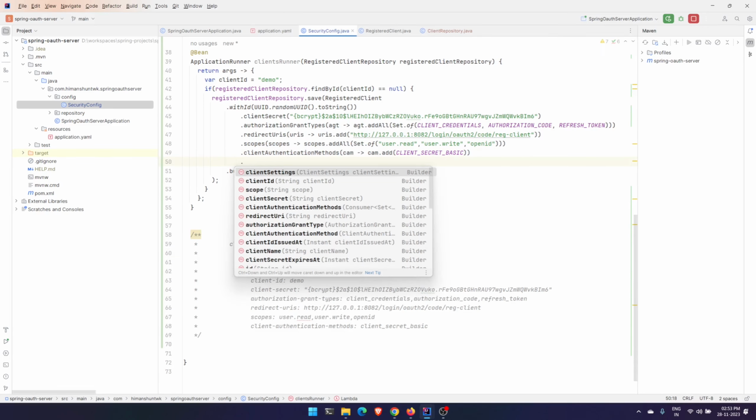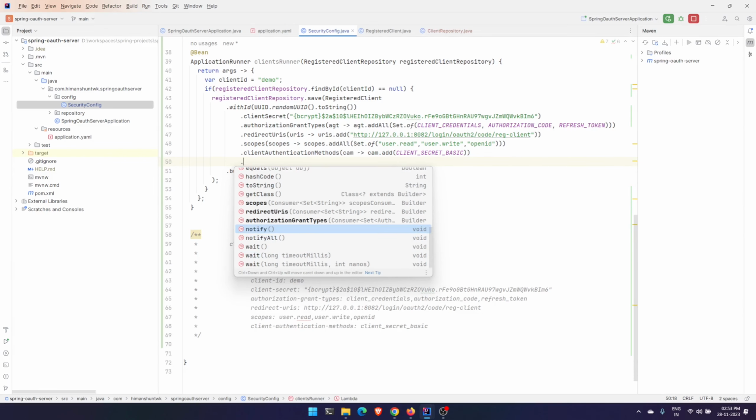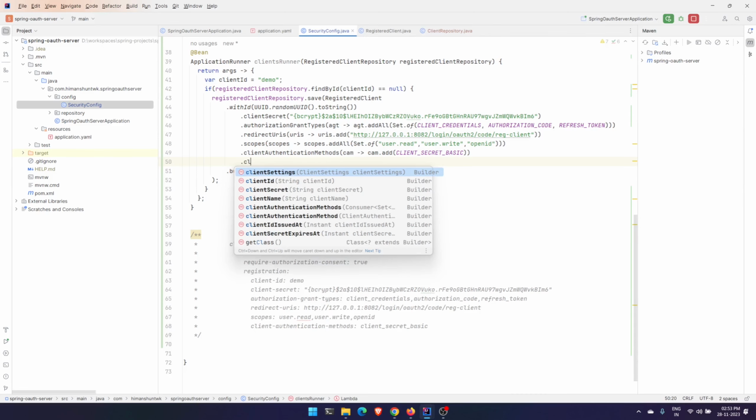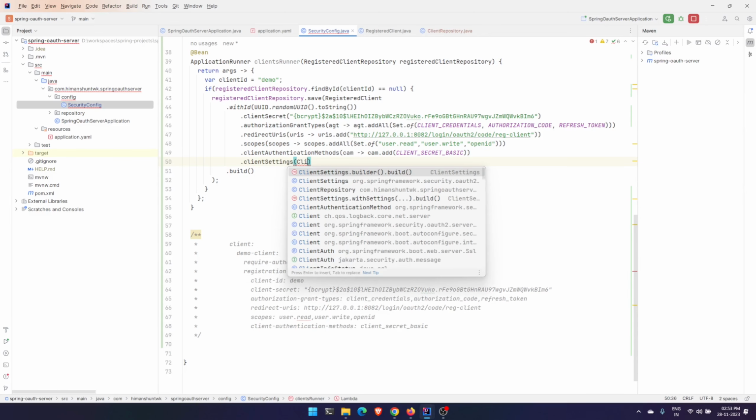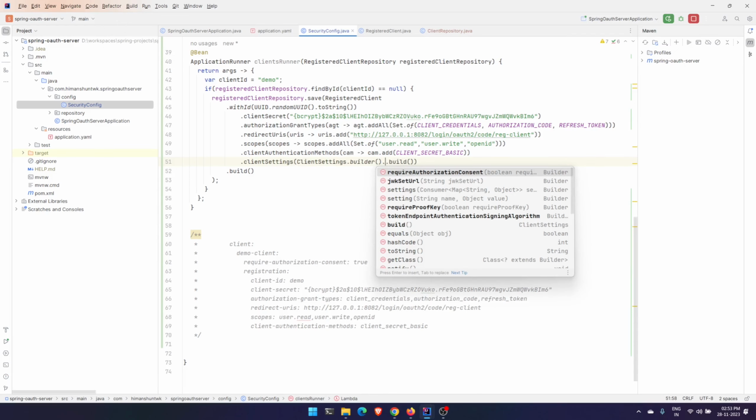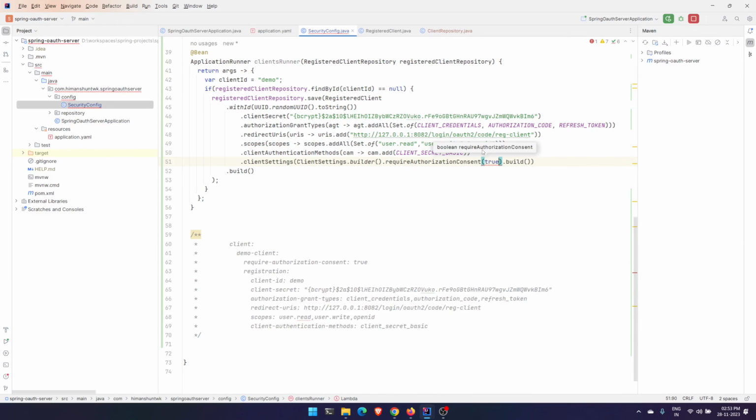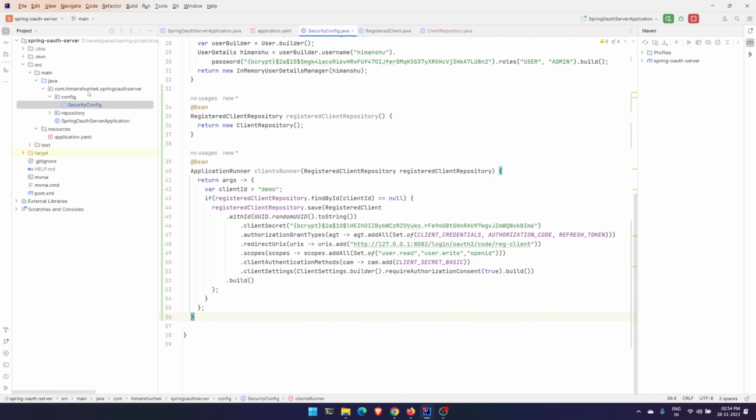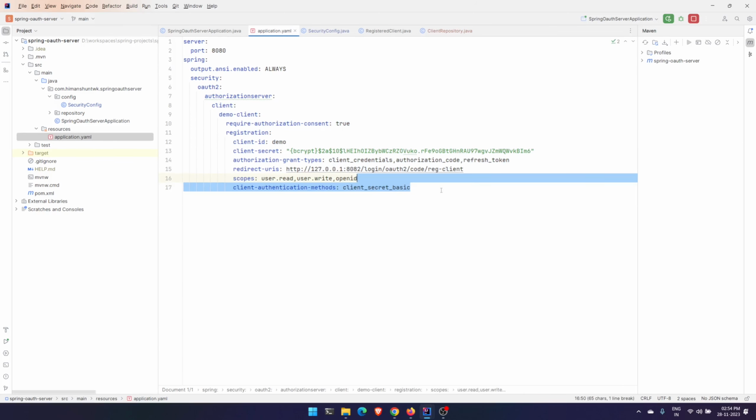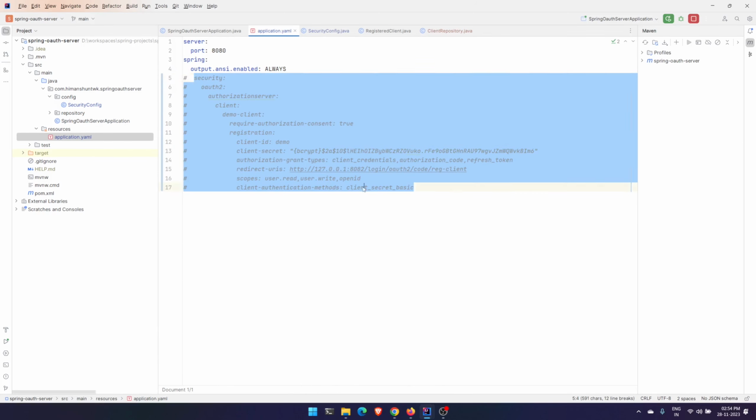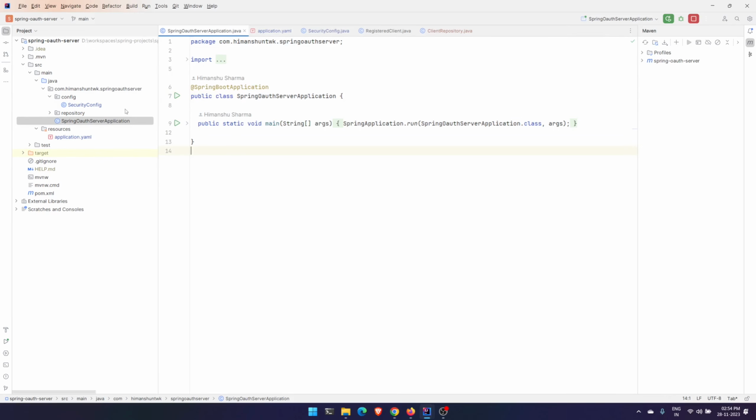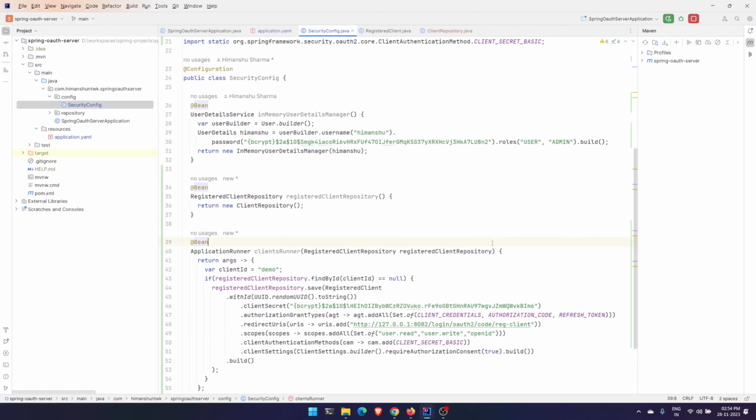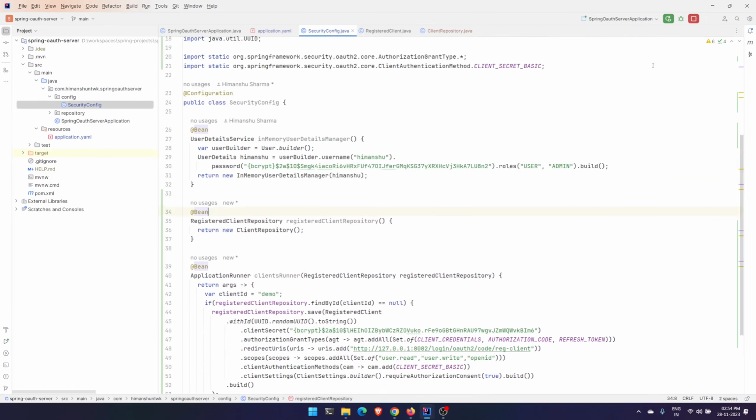So consent, you will not find it directly here as a consent something. Instead you need to use client settings. So you say client settings, and then we will use the client settings builder, and we can put require authorization consent as true, like this. All right, so this should work. Let's remove this. All right, and then let's comment this whole part out for now, and that's it. And let's run the application,